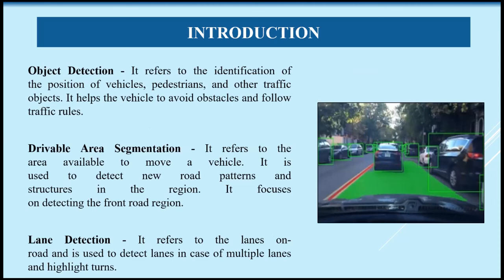In terms of autonomous vehicles, object detection refers to the identification of the position of vehicles, pedestrians, and other traffic objects. It helps the vehicles to avoid obstacles, and also helps to follow traffic rules. Drivable area refers to the area available to move the vehicle in the forward direction. It can be used to detect the patterns that are available on the roads. And then there is the lane detection task, which refers to detecting the lanes on the road, and it is helpful in order to